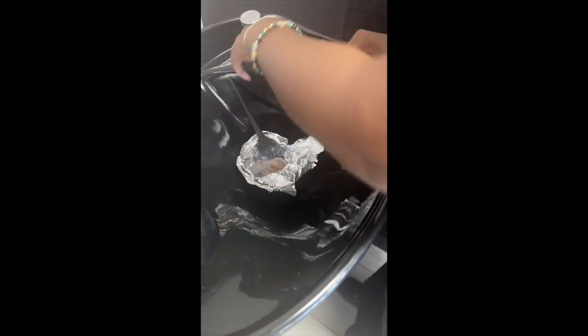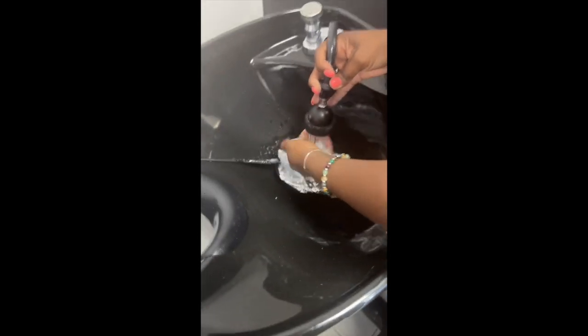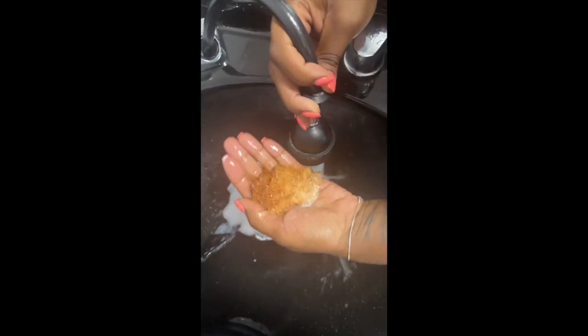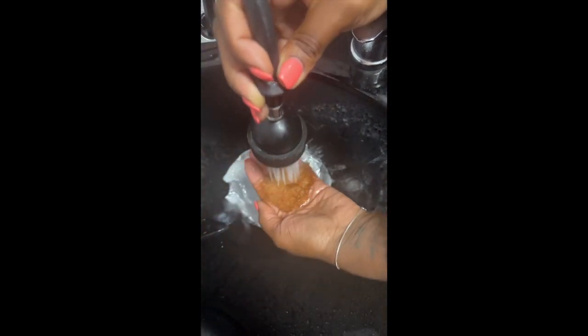So we left off on me showing you the blonde piece of her hair. I am coloring a custom piece of hair. The hair was originally black or a dark brown color. So I'm going to rinse out the lightener here and get it washed and prepped and ready for the repair